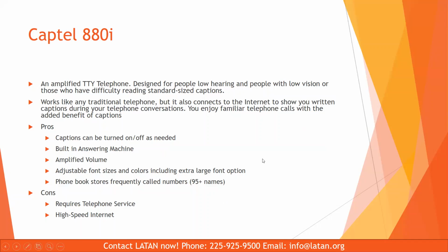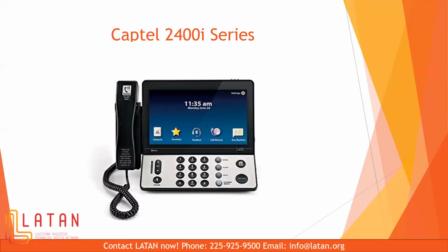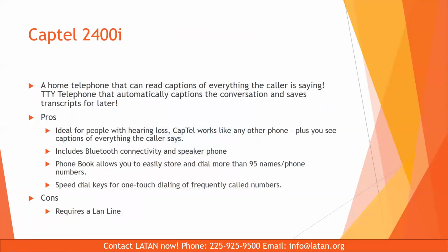So moving on to the next Captel phone that we're going to be talking about today. This is a more upgraded version of the Captel 880. This is the Captel 2400 series. The Captel 2400 series is a more premium version of the 880 for a number of reasons. Not only does it come with every feature that the 880 previously mentioned comes with, but it's also a more modern version of it. Instead of the standard text display that comes on the 880, the 2400 has a more up-to-date look. The old display